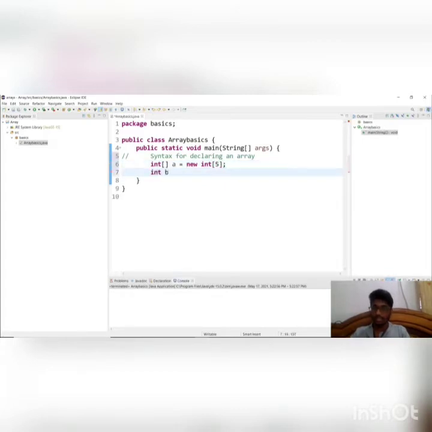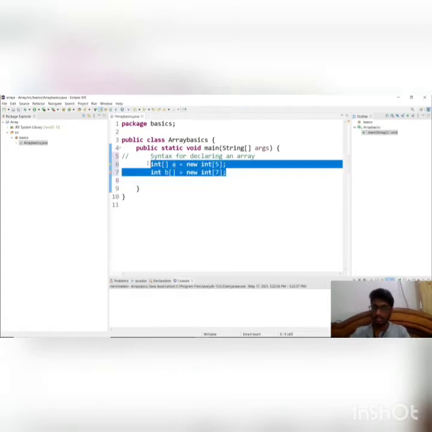The second way is to give the data type, then the variable name and square brackets, equate it to the new initializer, and then the data type of the array and the size of the array. These are the two ways to declare an array, and these two are one-dimensional arrays. The structure of this will be in this way. As I said before, it will have one row and multiple columns.